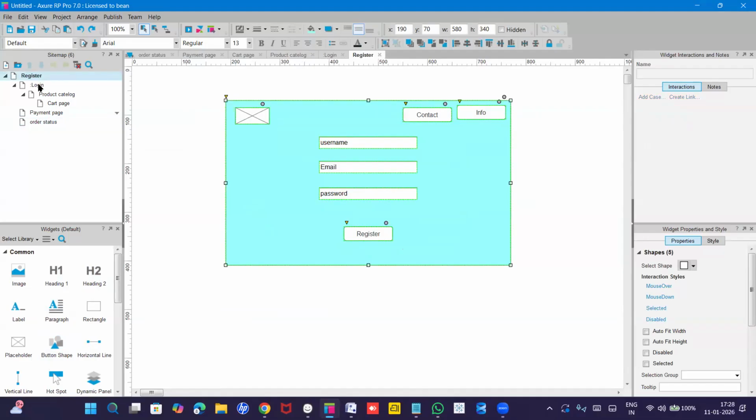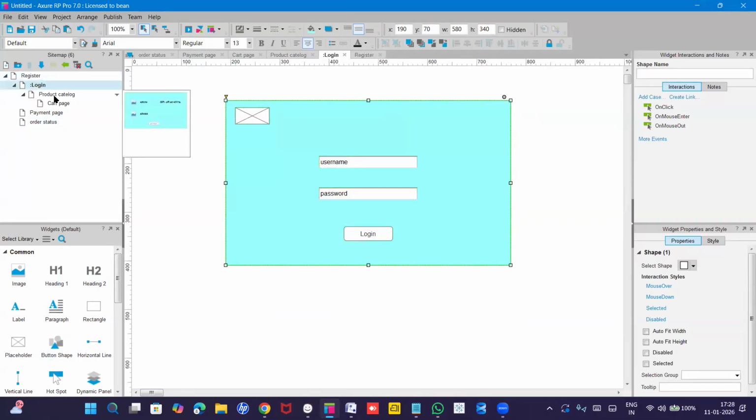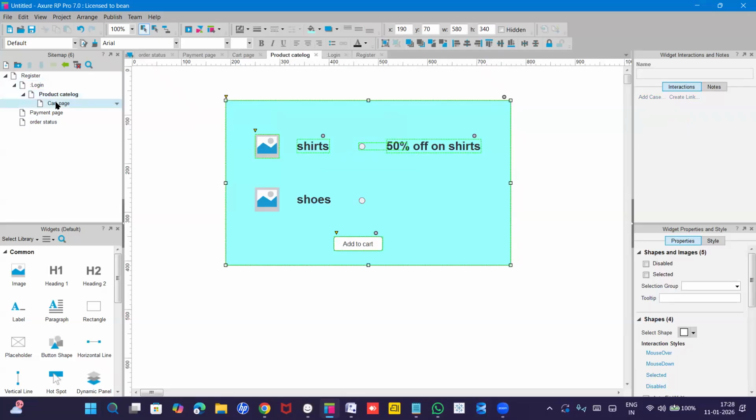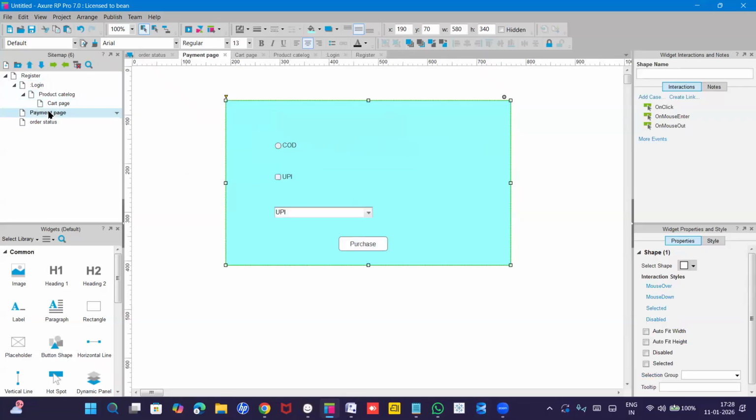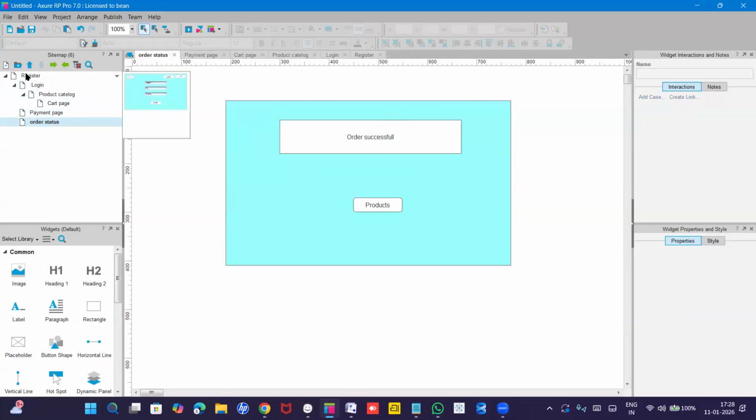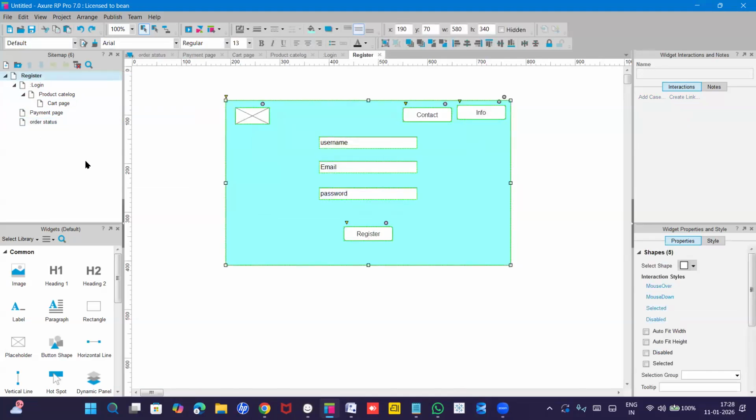For the registration we have created, and for the login we have created, product catalog we have done with, and the cart page we have created, and the payment page we have done, and the order status also we have done. So now we need to give links for this. So to give links from one page to another page, please listen carefully from here onwards. You need to select this button,